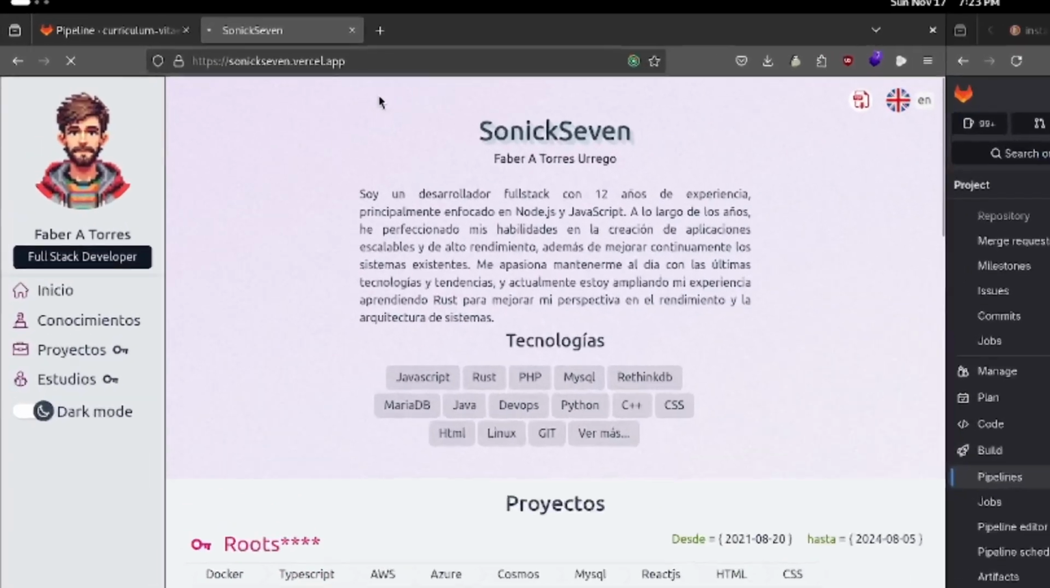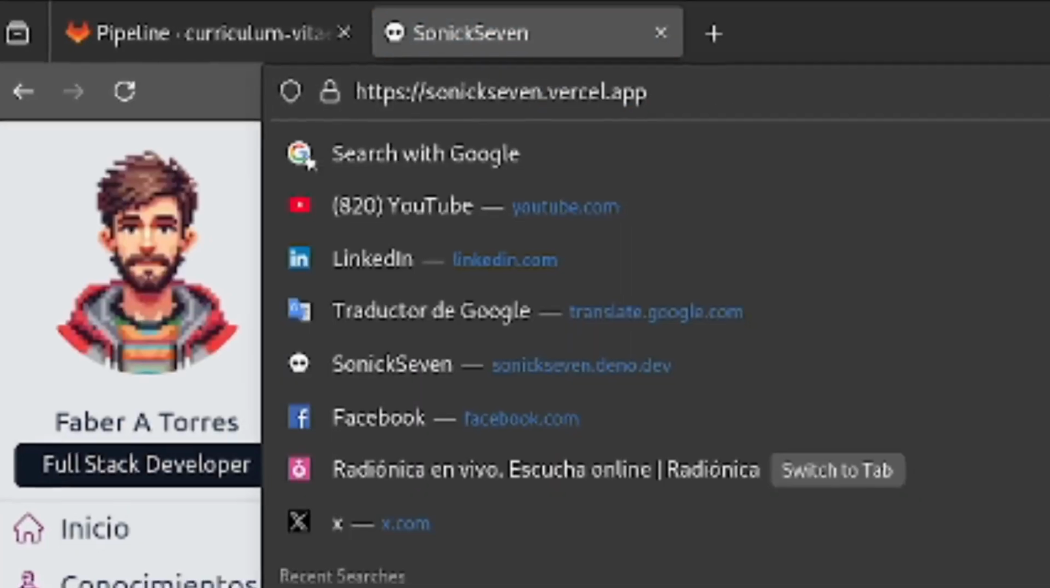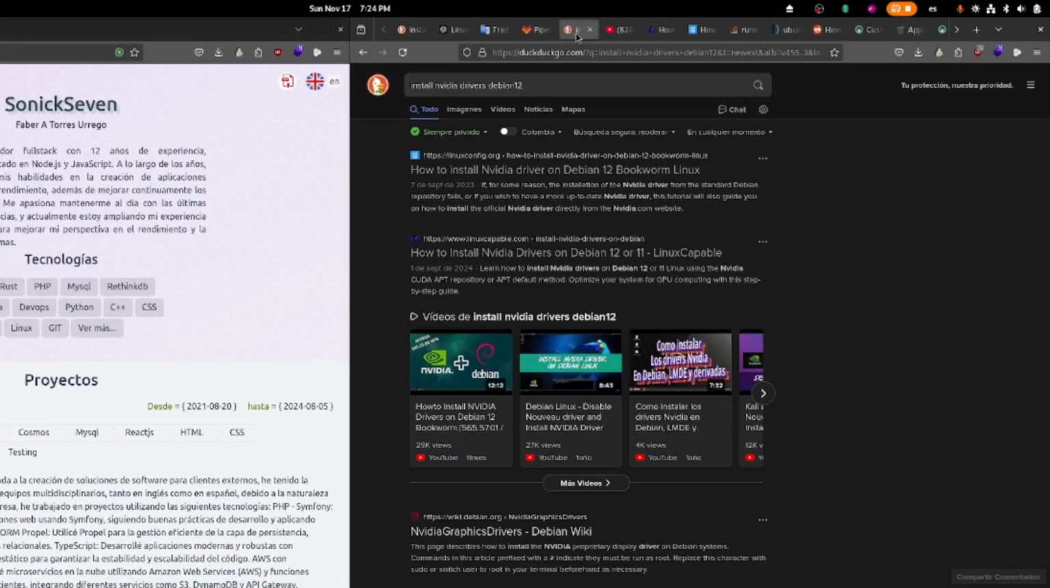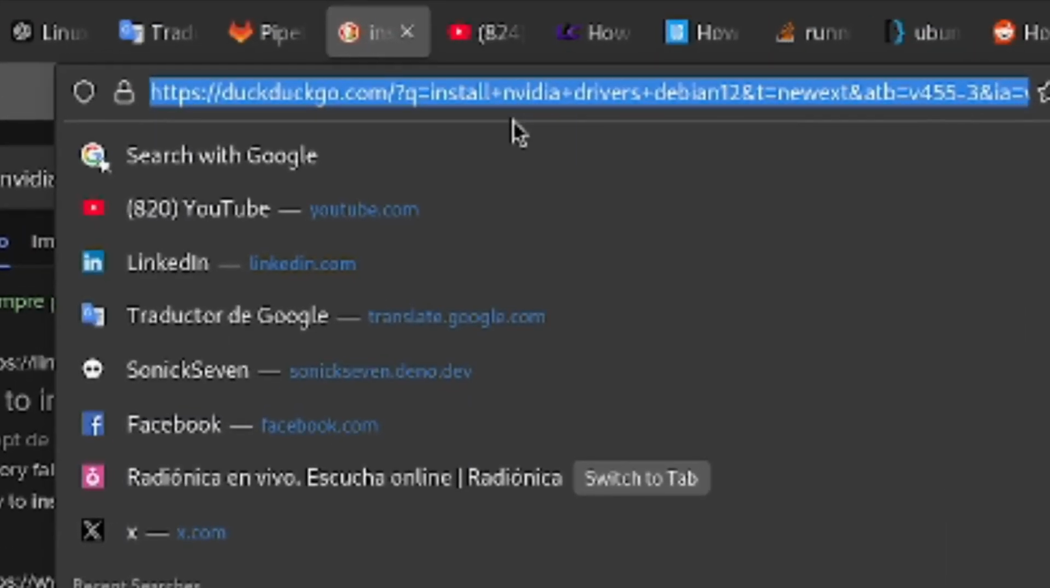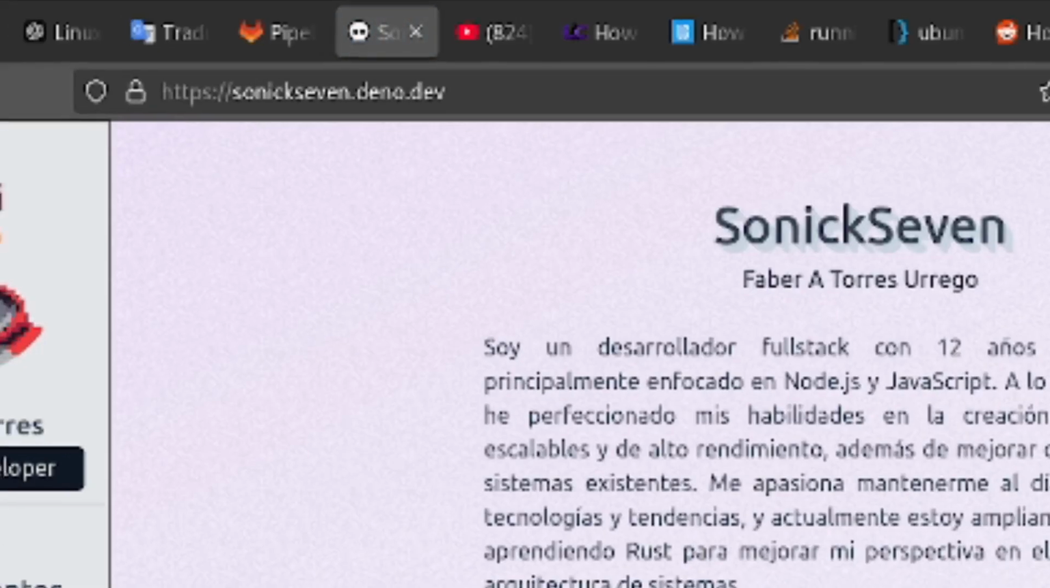On Vercel, your project is hosted at subdomain.vercel.app, and on the Deno platform it is hosted at subdomain.deno.dev. With the free tier, you can only customize the subdomain name, but not the main domain. And the winner is